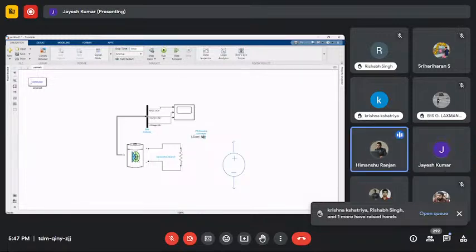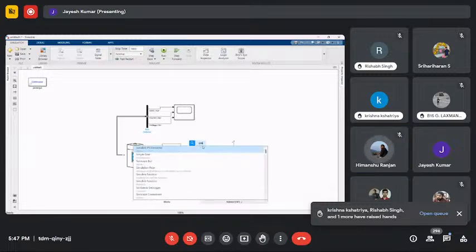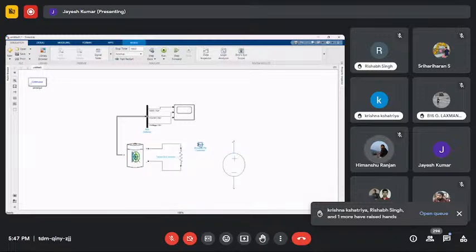Sir, I think you are using the sim block. Kindly use the Simulink block, sir. I think that is the issue. It's not connecting. Yes, I used that PS Simulink. Now I have to use the